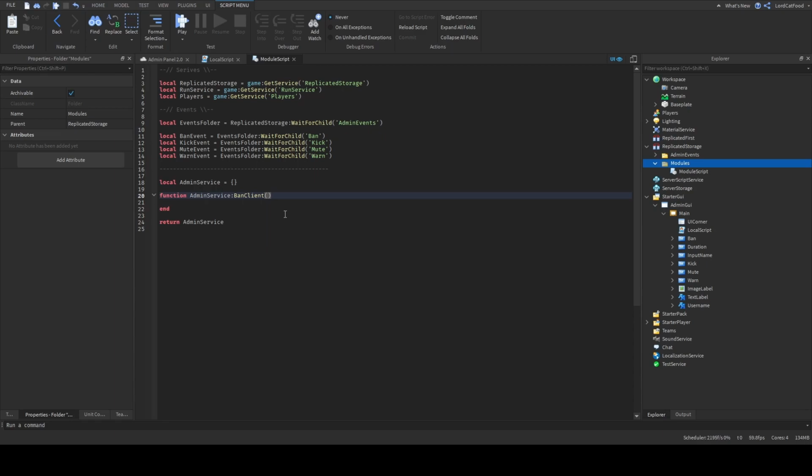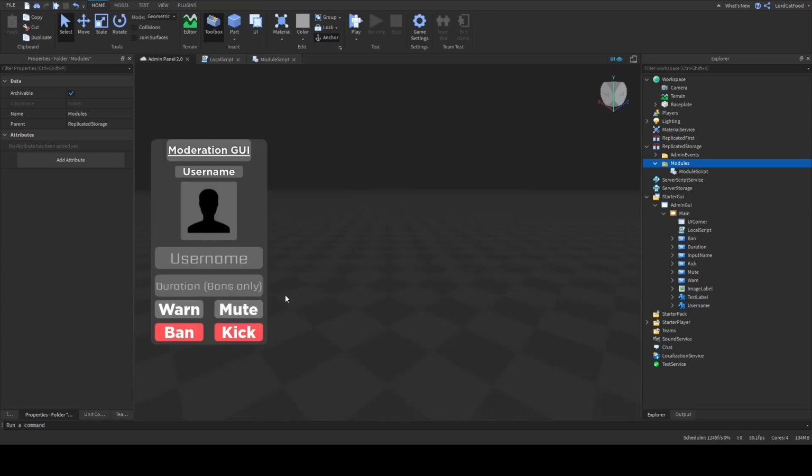Actually, we can just call ban, yeah, no, we're going to do it the way I wanted to do it, like that. And we're going to pass in only the duration and input name and, okay, so we want target as a string, we want duration as a string,